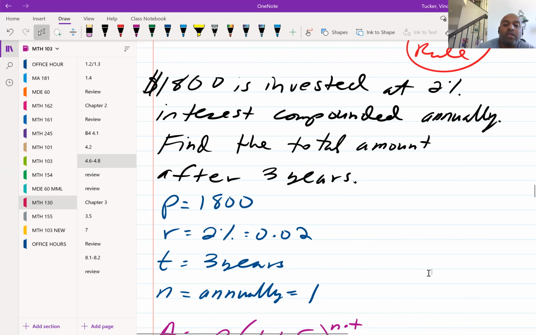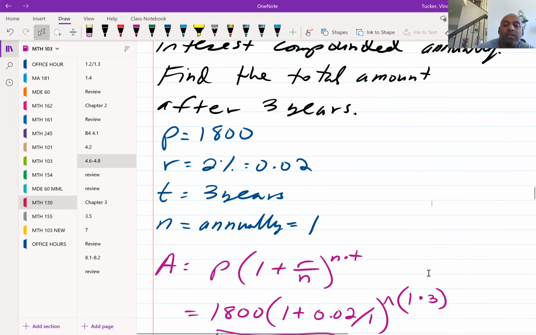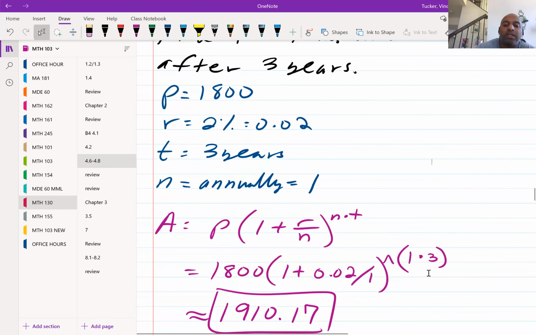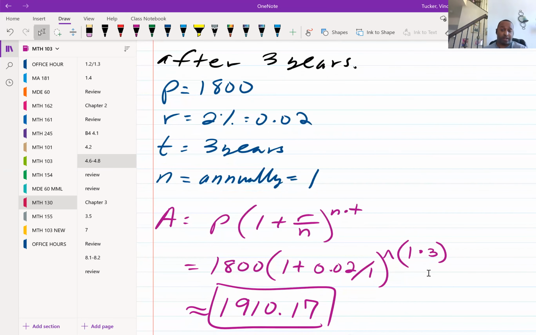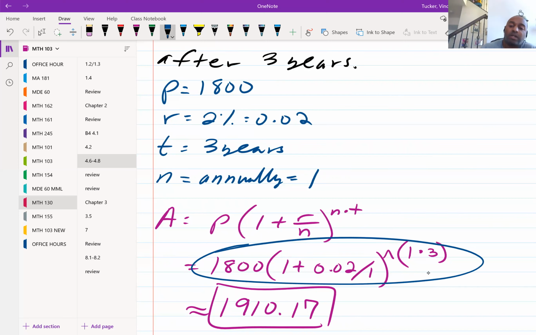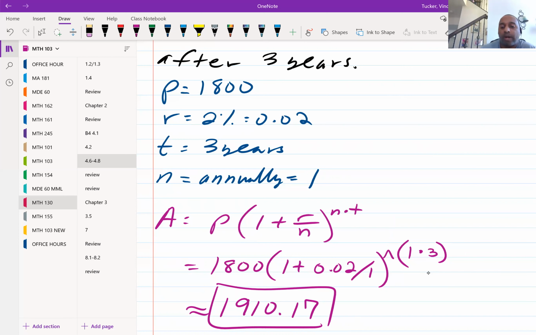All right. So now you plug it into the formula. And once again, you are going to need to know how to use your calculator unless you're going to start raising stuff to a certain power. Other than that, this is how you would put it in the calculator. This is a way that you can use your exponents using what we call a hat, or sometimes people call it a caret. Depending on the type of calculator you have, you can put it in the calculator just like this, and you'll get the right answer, which is